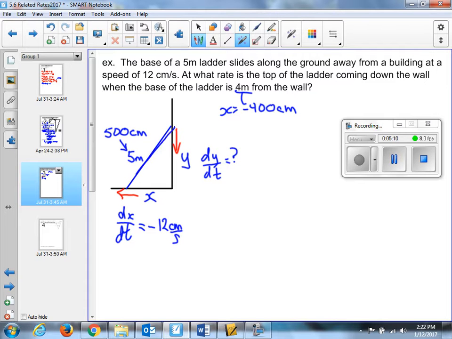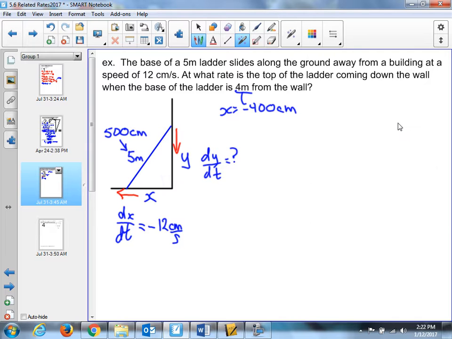Well, let's just take a look only at the triangle itself. It's a right triangle, we're assuming? You could find what the distance is right at the first moment. Like, you have the negative 12 and you have the 500, so you can find the distance of y. Okay, the negative 12 is the speed, though. Oh, down. But you do have negative 400. Yeah, and I was going to say do that